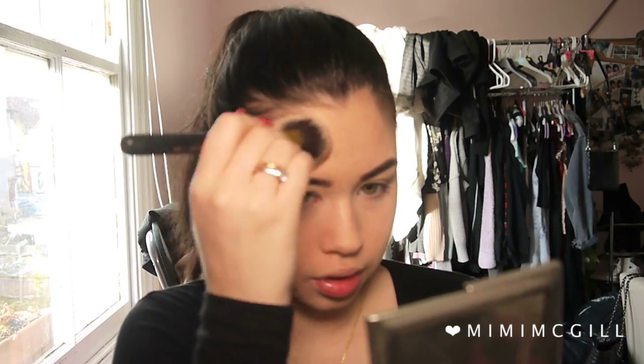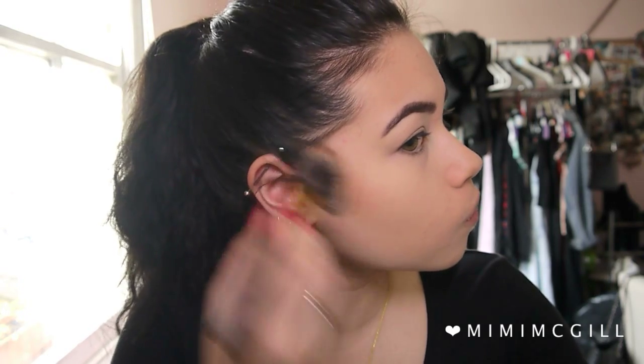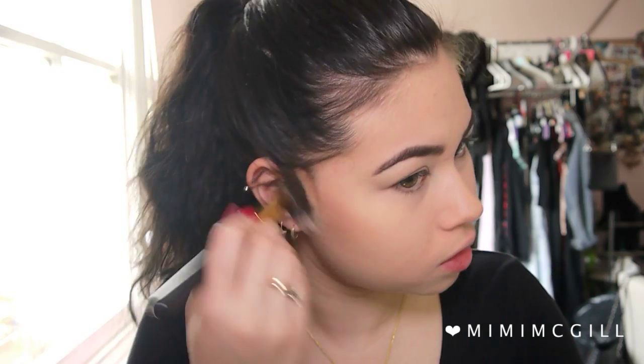I feel like today I'm actually going to finish my face makeup and then do my eyes. For contouring and bronzing, I'm going to use Sleek's Contour Kit in medium. This highlighter is quite nice, but it's very subtle. And I'm just going to bronze up my whole face. For blush, I'm going to use Revolution's...